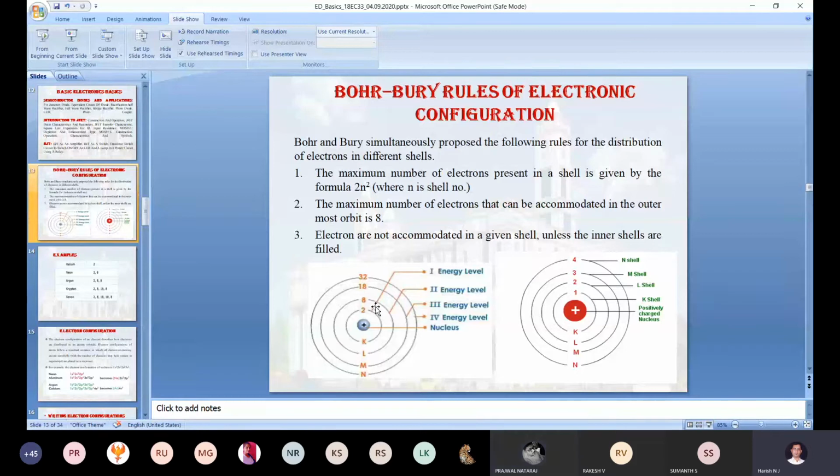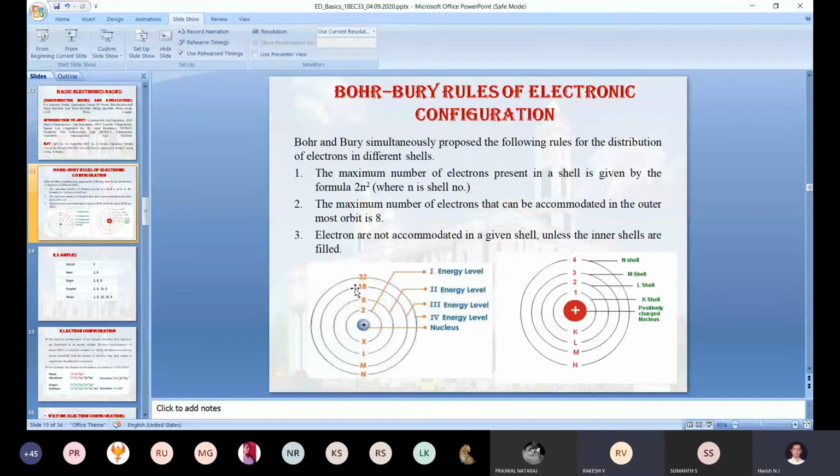Now can you tell me, the S subshell consists of a maximum of how many electrons? 2 electrons. Minimum I am not asking, maximum I am asking. Yes, exactly, it is 2 electrons. Next, after the S, it will be P, right? P subshell consists of a maximum of how many electrons? It's 6. D subshell consists of how many maximum electrons? 10. Exactly. The last one, F subshell, consists of how many electrons? 14. Exactly, you are right.